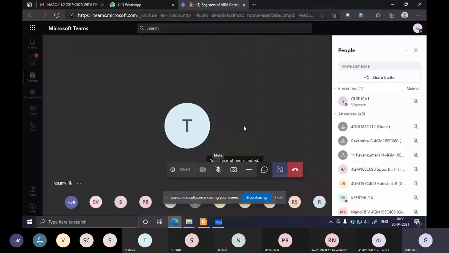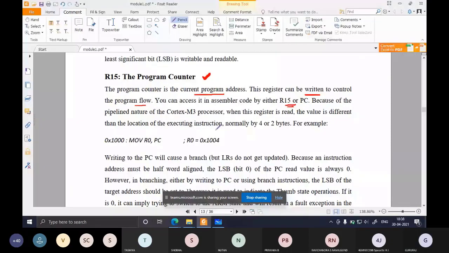So what is the use of PC? PC will always hold the current program address, meaning it will always point to the next instruction that needs to be executed. This register can be written to control the program flow.